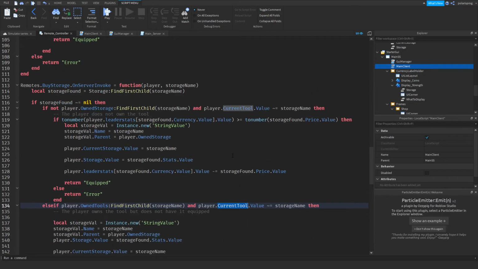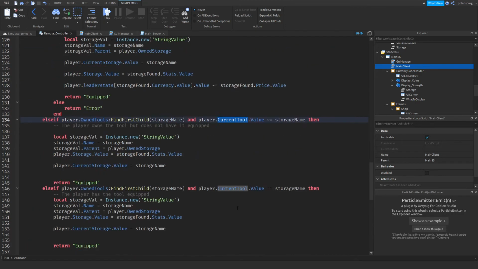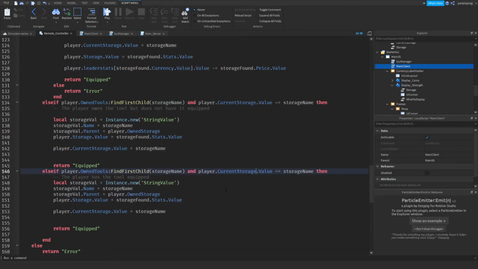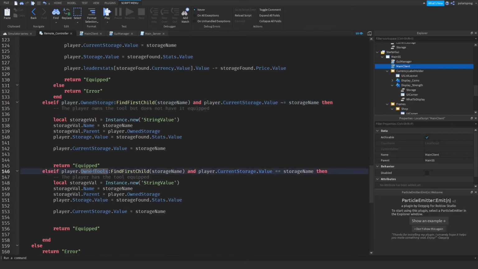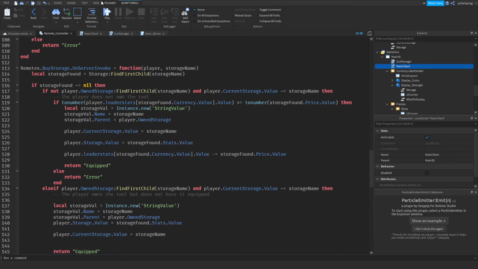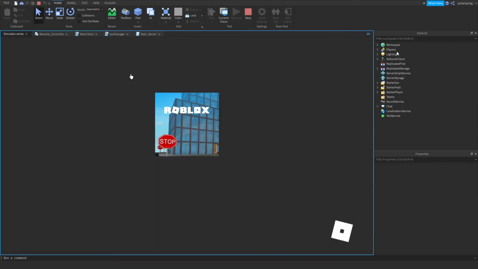Okay, that is actually very, very simple to fix, because all we have to do is change this to current storage, and go to anything that says current tool and change that to current storage. And also change anything that says owned tools to owned storage, just like this, and that's basically it. That should work